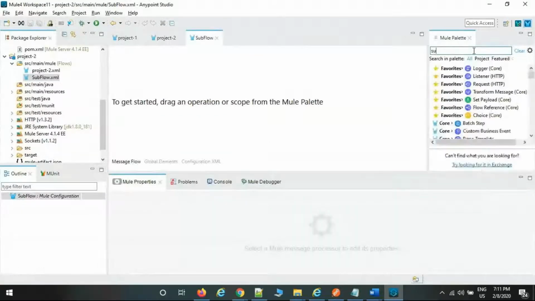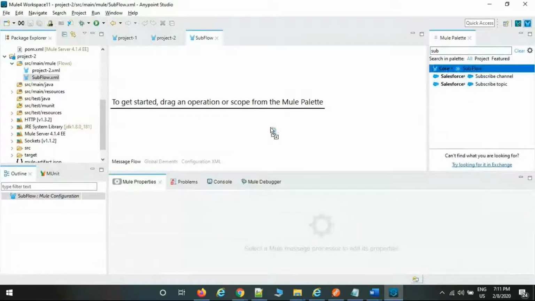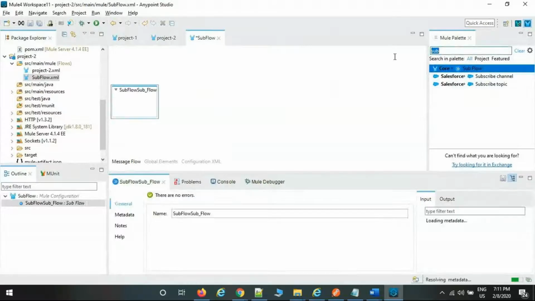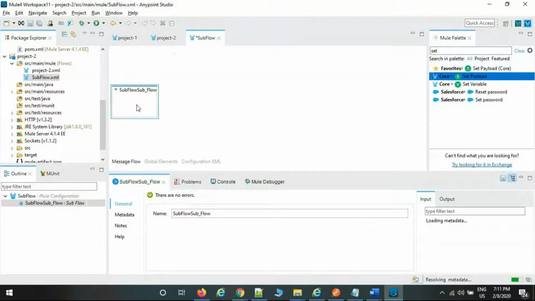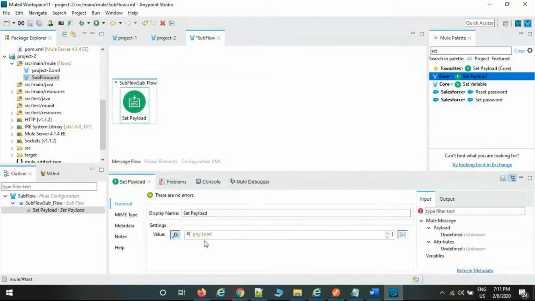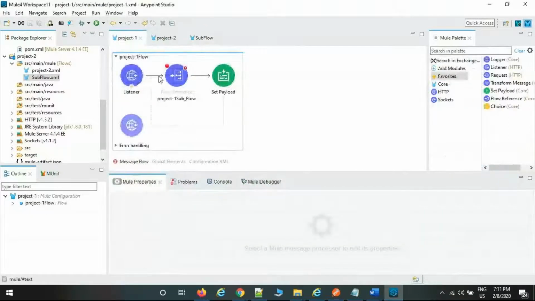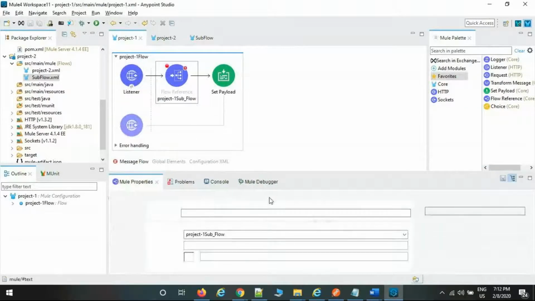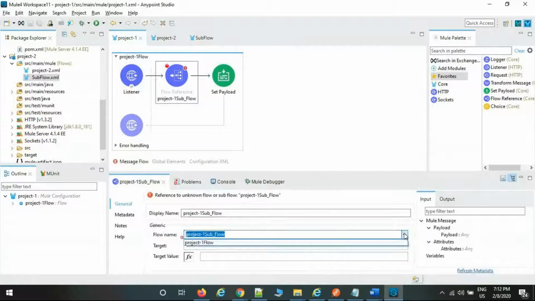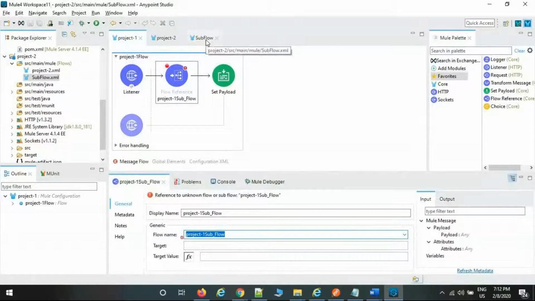You can create a subflow. Set payload. It is going to point to the flow reference. You can see the drop down. Which project have I created?